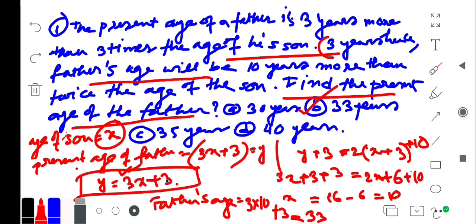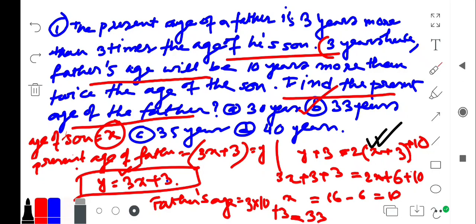Okay, next বলছে 3 years hence, মানে 3 বছর পর, তাহলে কি হবে, তাহলে এই যে ওভারঅল যে ভ্যালু হবে, ফাদার্স এজ উইল বি 10 years মোর দেন টুয়াইস দ্য এজ অফ দ্য সন। তো সনের এজ হলো এক্স, ঠিক আছে, 3 বছর তো সনেরও বাড়ছে, আমি এটাতে ভুল করছিলাম, এই জায়গাতে ভুল করছিলাম, এক্ষেত্রে সনের বয়স যে 3 বছর বাড়ছে সেটা আমি দেইনি, ঠিক আছে, তো সনের বয়স তো 3 বছর বাড়ছে, তো 2 into x plus 3 plus 10, ওকে, ইকুয়াল টু হোয়াট, y plus 3, বিকজ ফাদারের এজও বাড়ছে 3 বছর, তো y plus 3,